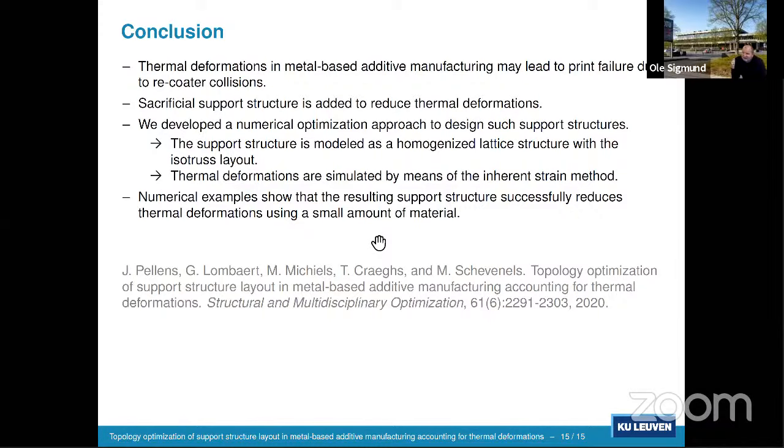I had a question, Mattias. It seemed like in your optimization formulation the number of constraints will explode as you have more layers. How do you actually treat these displacement constraints? We did not aggregate them here. We limited the number of output points in our case. So we do not take every degree of freedom at the top of the design, but we skip some points. And then afterwards, we check if it's okay at the intermediate points. And then you could think of an adaptive algorithm that includes problematic points in the next run. But we did not use aggregation in this case. So right now you are actually solving a lot of adjoint problems? Yeah. Okay, thank you.